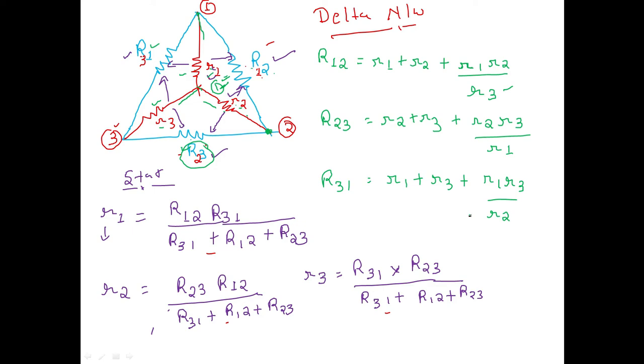Now we'll see how to apply this sort of conditions in problems. This question arose in IES, the Indian Engineering Services examination, in 2013. Here, in the delta equivalent of the below star connected circuit, ZQR is equal to what? So here he has given a star network and we have to find the equivalent circuit of ZQR. First of all, we will draw the circuit so that you will be able to understand what he is trying to say.